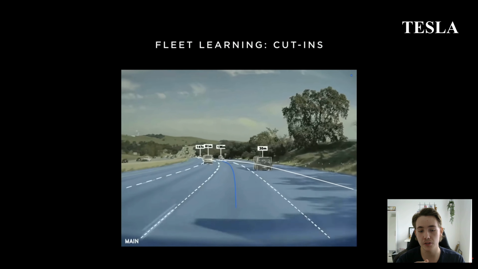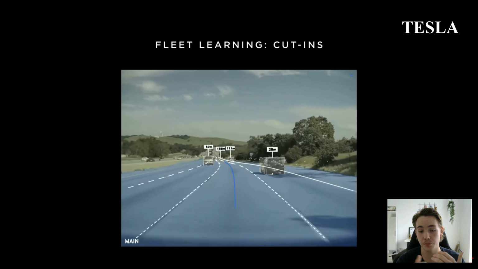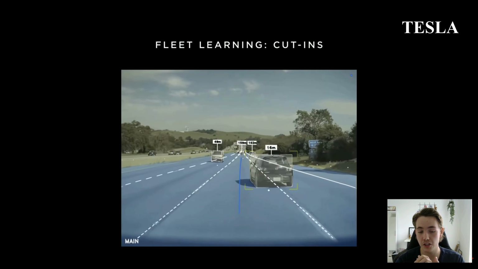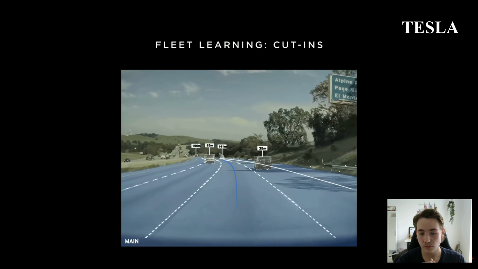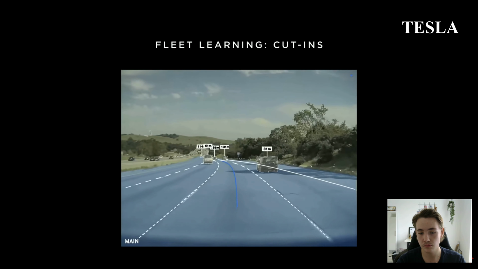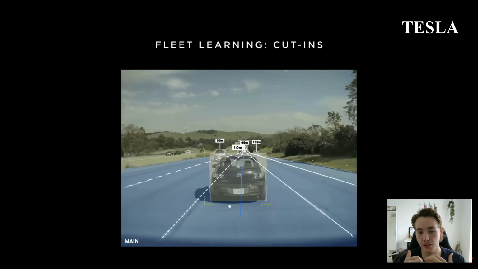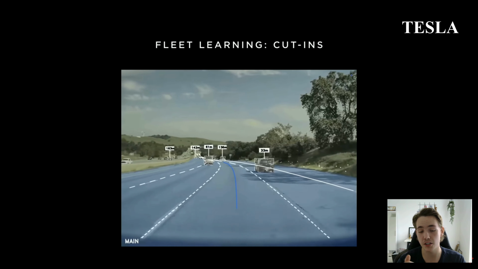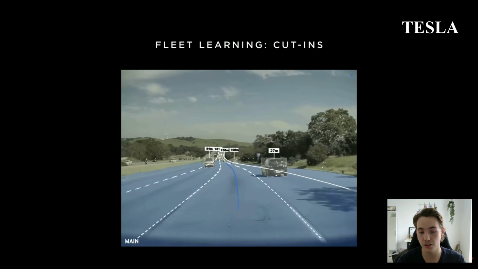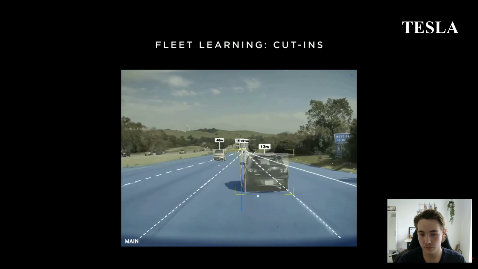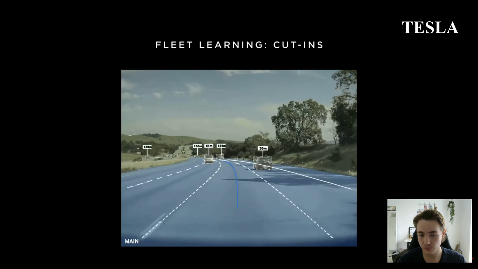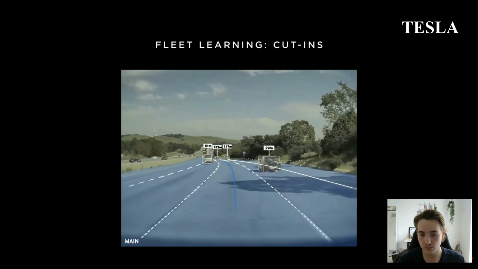I'm looking at an example here of the cut-ins that we talked about, where Tesla predicts, so you're driving down the highway, someone is on the left or on the right, and they cut in front of you into your lane. So here's a video showing the Autopilot detecting that this car is cutting in. We'd like to detect that a car cuts in front of us as fast as possible. The way we approach this problem is we don't write explicit code for is the left blinker on, is the right blinker on,